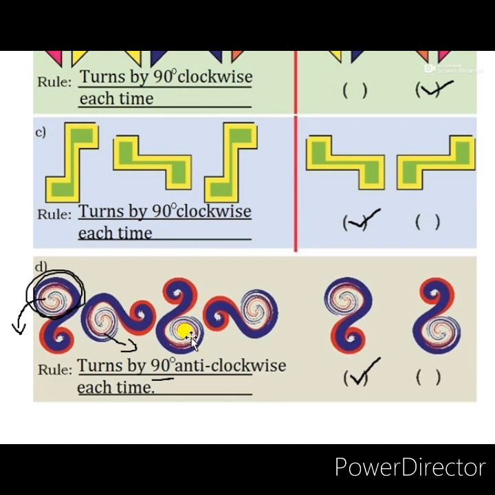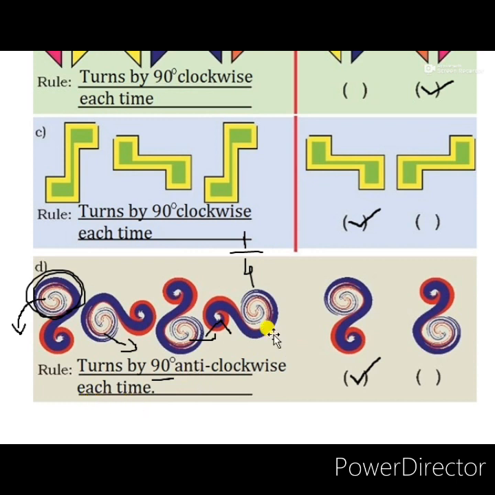Now the fourth figure: if it turns again in the anti-clockwise direction, that part will move up to the upside horizontal position. So from these 4 figures we understood that this pattern is moving in 4 steps. That means 1/4 movement or 1/4 part of the turn. 1/4 means 90 degrees. So you write the rule here: the figure turns by 90 degrees in the anti-clockwise direction each time.